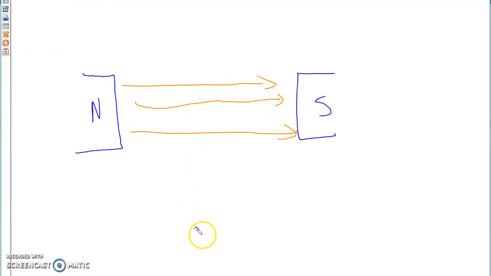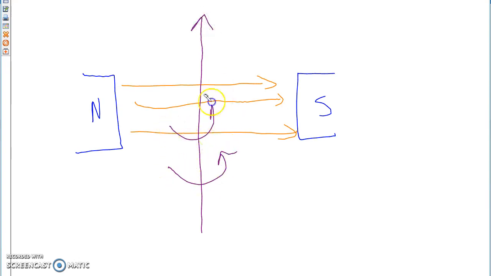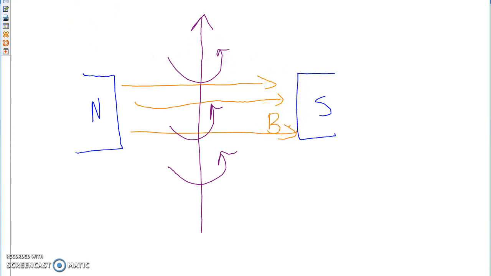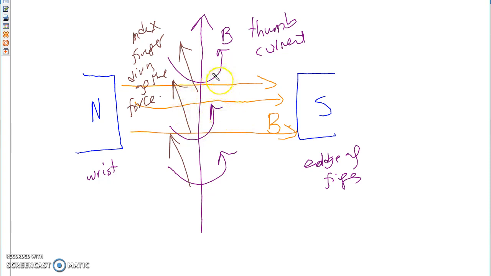Now I take a conductor, a straight conductor, and I put it through this magnetic field. And of course I turn on the electricity. So this conductor will have its own magnetic field. So I have an outside magnetic field, which is a B right here. And then you have this magnetic field, which is B right there. Of course, if I take my open palm, my fingers would be pointing from the north to the south. So this is your wrist right here. This would be the edge of your fingers. Okay, so of course I take my wire, it has its own magnetic field, and the two create an